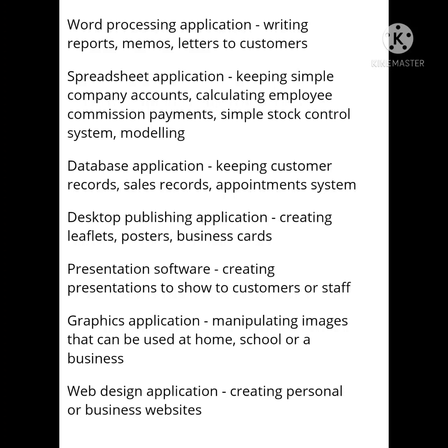The next one is the desktop publishing application. Creating leaflets, posters, business cards, etc. can be done using this. The next one is presentation software. You know how to create a presentation using slides. We can make a presentation more attractive and active using presentation software.